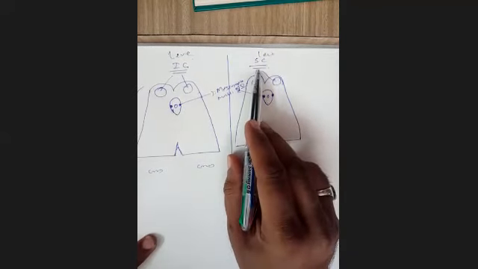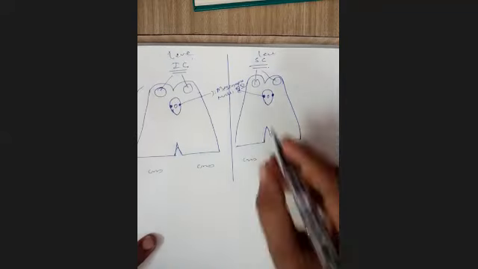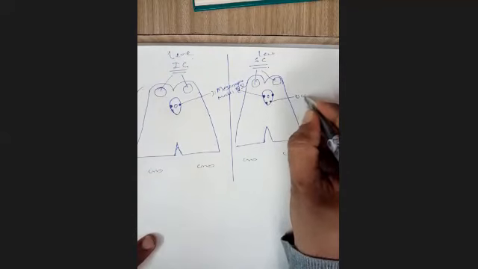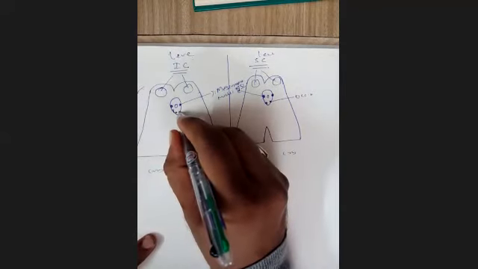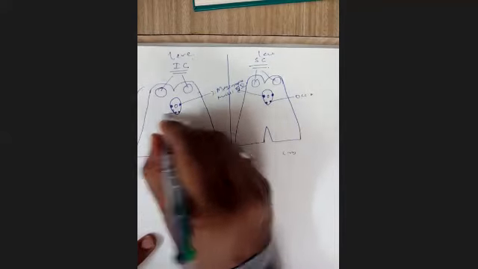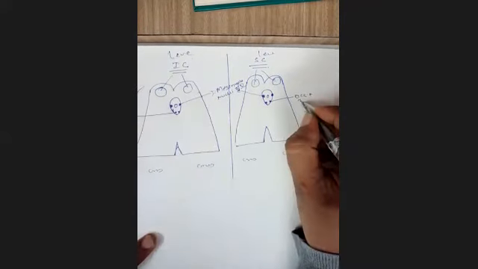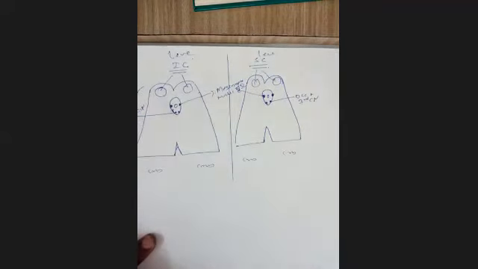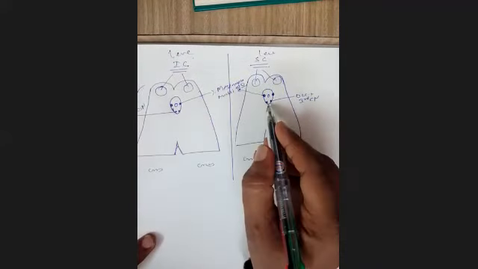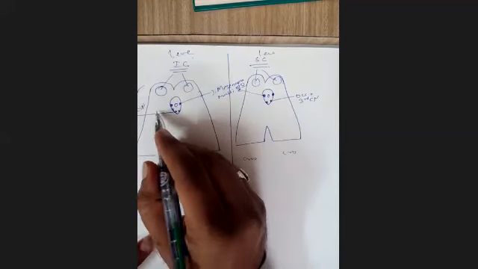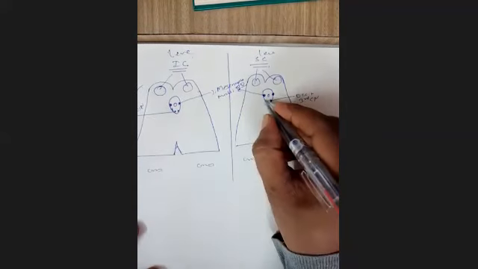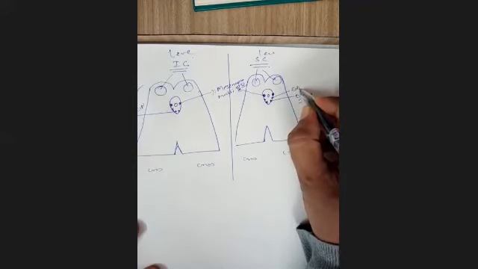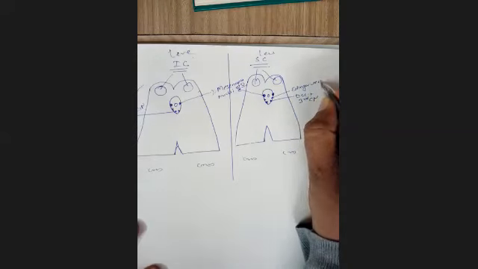What nerve is seen at the superior colliculus level? We know the third. So the third nerve nucleus will be here. Here will be the oculomotor nucleus, and here will be the trochlear nucleus, the fourth nerve, and here will be the third cranial nerve nucleus. So the mesencephalic nucleus is to be shown at both levels. At the superior colliculus show the third nucleus, at the inferior colliculus show the fourth. Here we have one more nucleus, and that is the Edinger-Westphal nucleus.